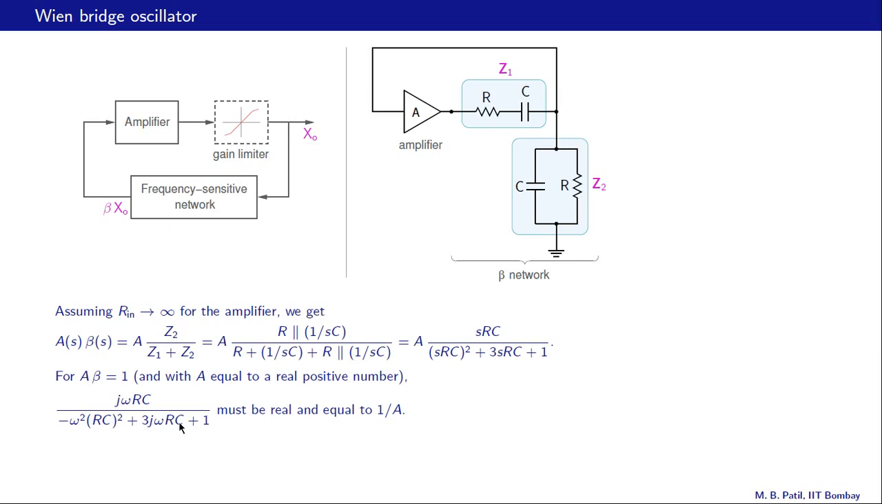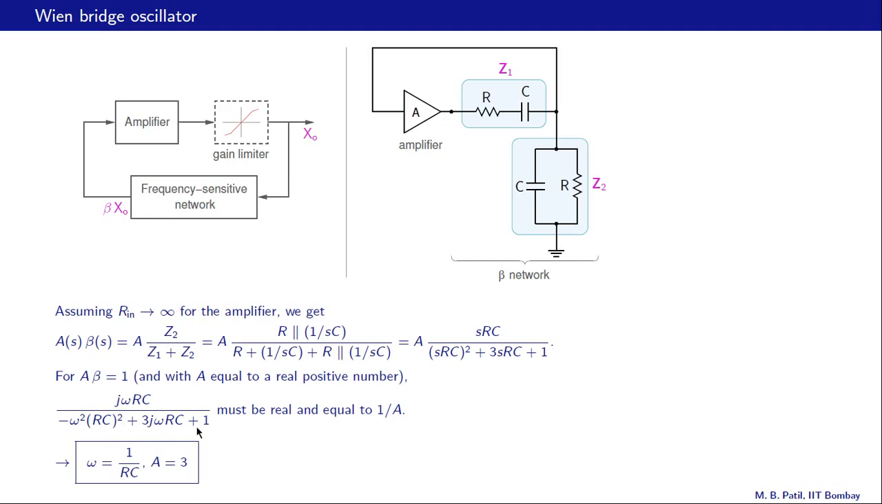Now if this ratio has to be real, clearly the denominator also must be purely imaginary, and therefore 1 minus omega squared RC squared must be 0. So that gives us the condition for oscillation, the frequency required for oscillation, that is omega equal to 1 over RC. So when the circuit oscillates at this particular frequency,